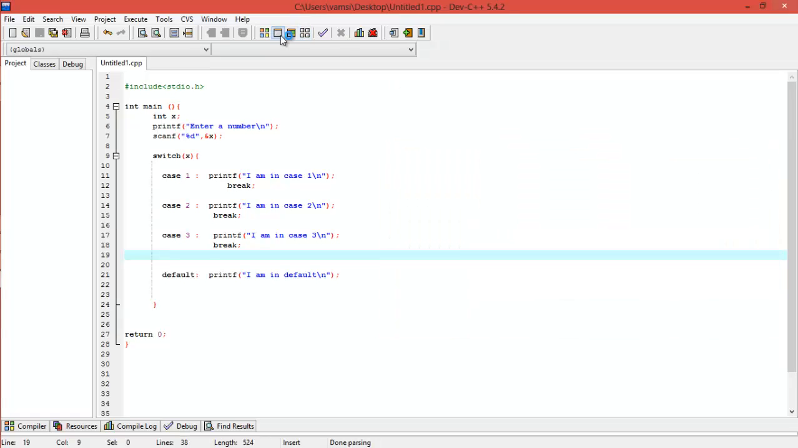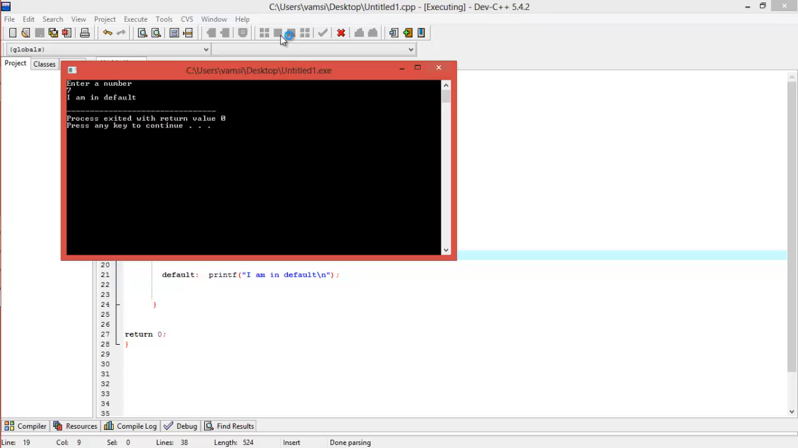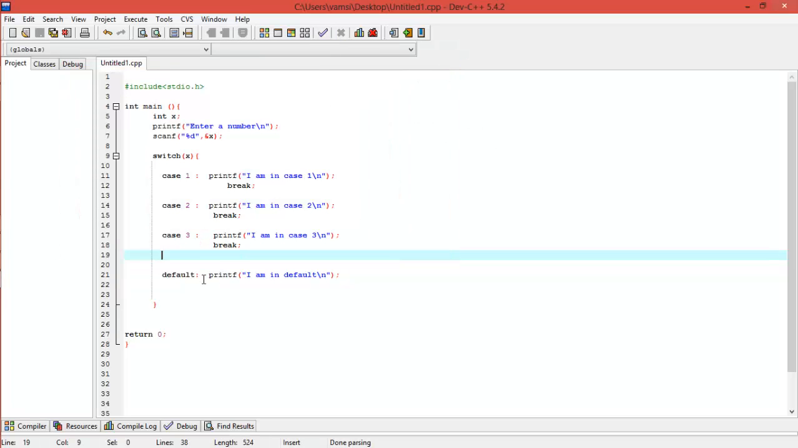And one final run, I'll give some other integer. Yeah, it's still I'm in default. We're good to go, and this is how the switch loop works. The switch loop is very good. It's kind of used in menu programs. And this is it for today's tutorial, and I hope